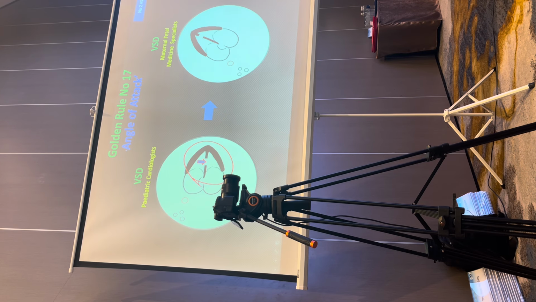I pick up most muscular VSDs. This is the view that I want, not the apex at 12 o'clock, not the apex at 3 o'clock. I want it at 1 o'clock because I know the flow that comes out the ventricular septum doesn't come out perpendicular just because the hole's there. It's like a mesh, a fishing net, and the direction of the flow that comes out, I find it best in that position.